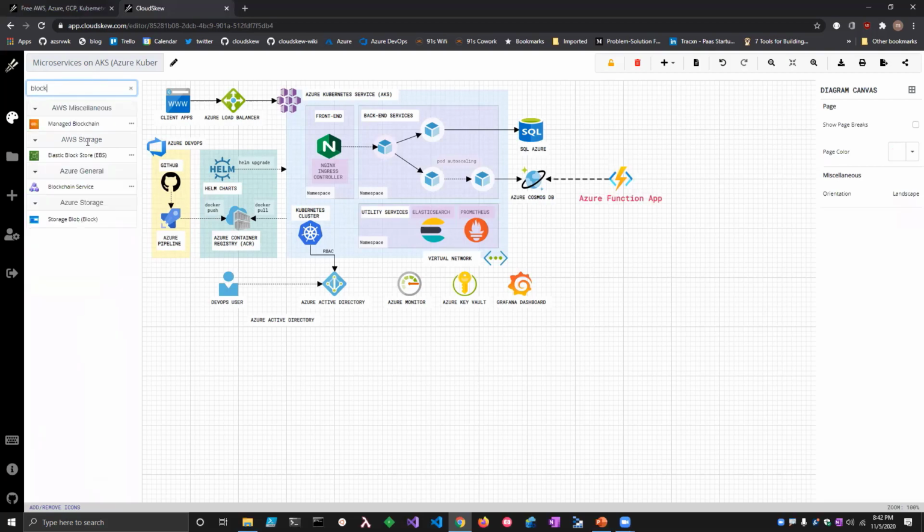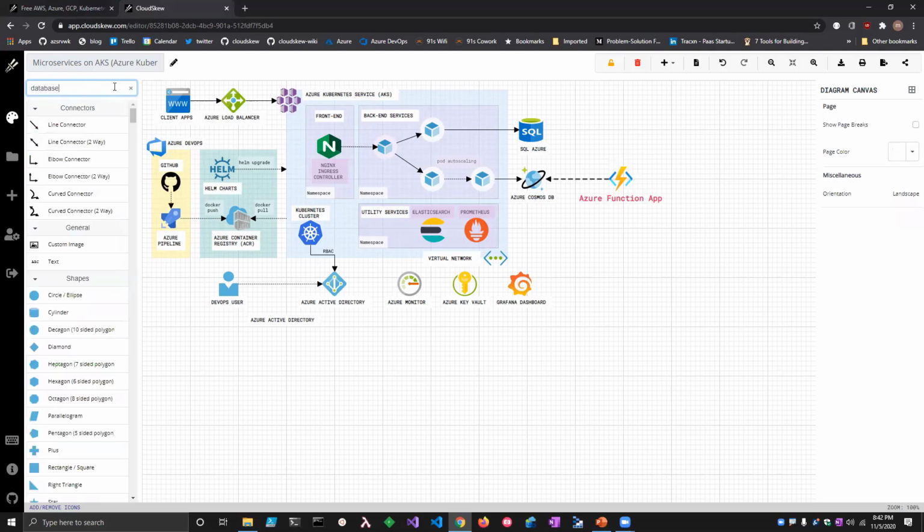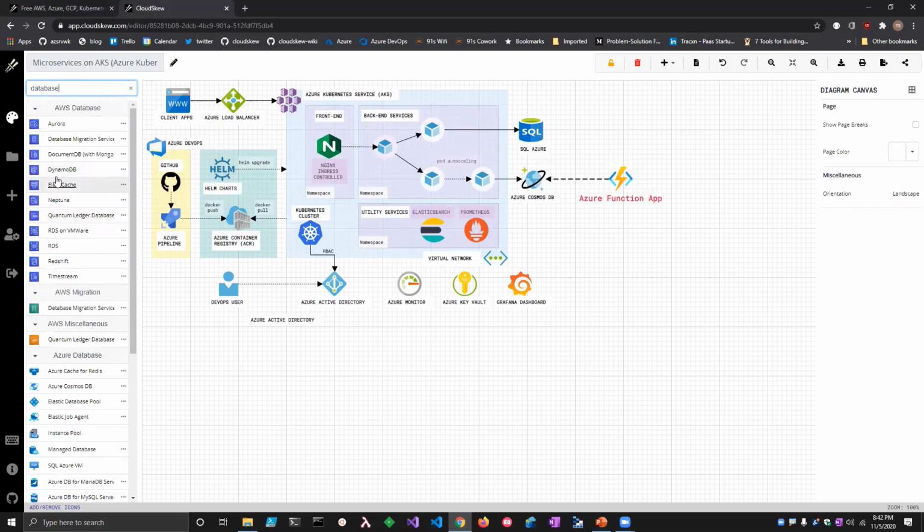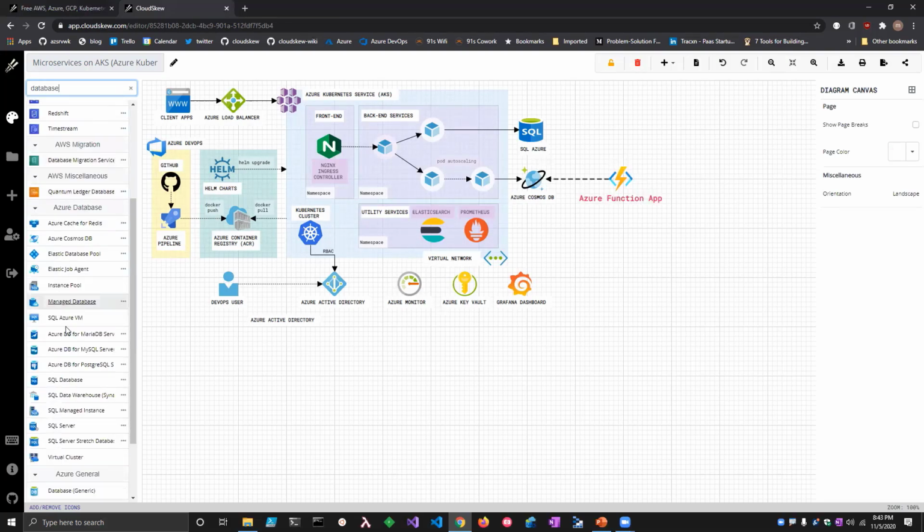You could just type in block, and the EBS icons show up here. Synonym search also works. So let's say you just type in database. Now things like DynamoDB or Cosmos DB will show up here because they hit a synonym match. So we could drag any of those here onto the canvas.